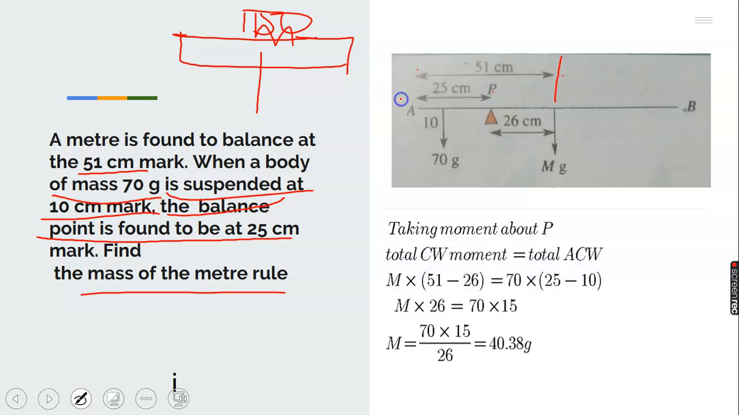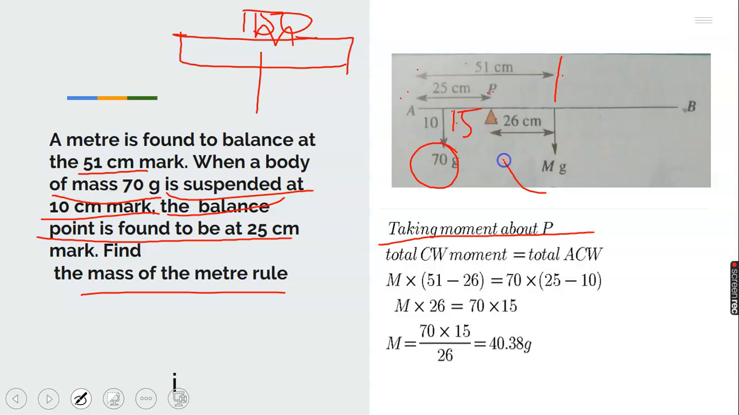From here to here is 25. So this place will now be what? 15. You can see how to find all your distances. You have to locate the distance of this 70 gram from this pivot to where it is situated. Now, taking moment about P,